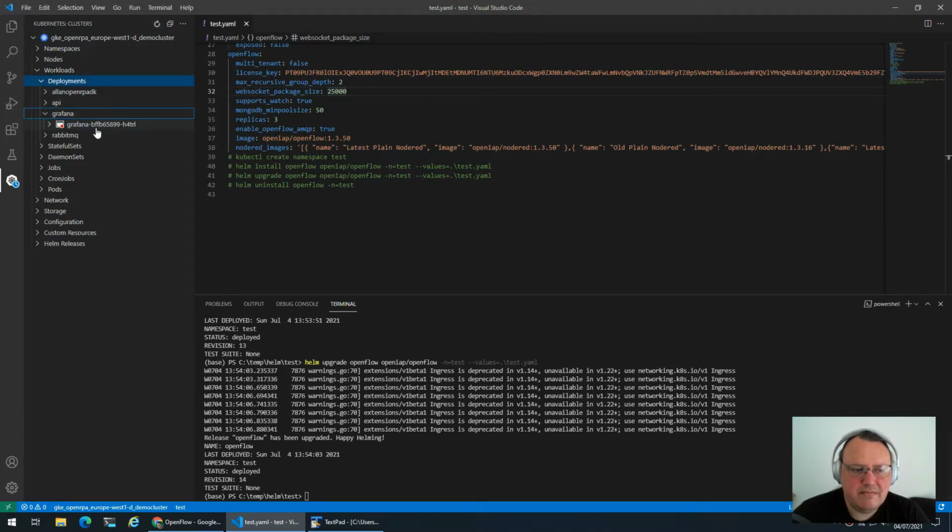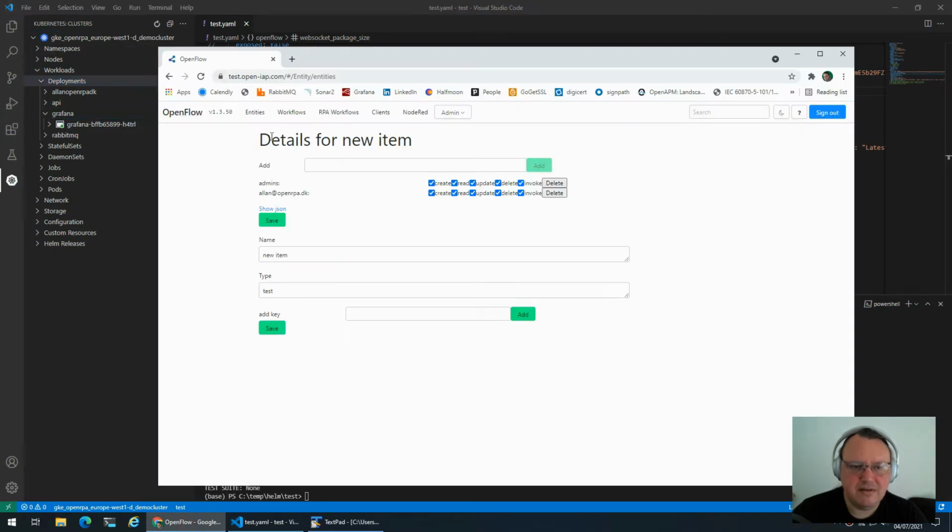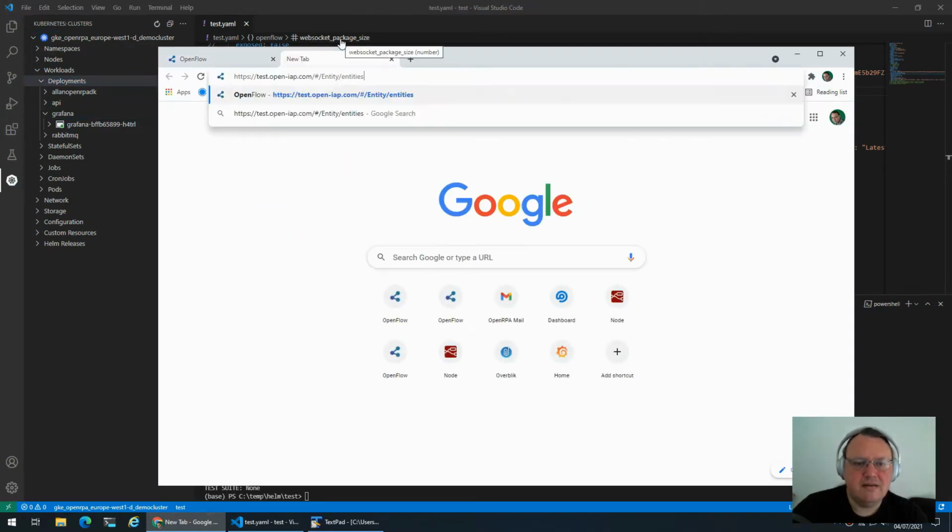So now it's fetching the image. This is an image with a relatively new Grafana, and it's preloaded with my data source for connecting to OpenFlow. It will then inject some environment variables so it knows how to handle authentication, which you will see in a second. So if I now go to the browser